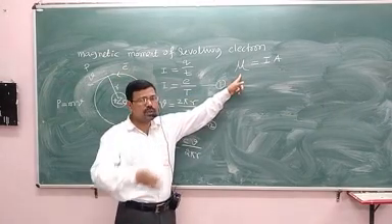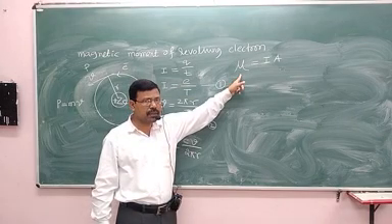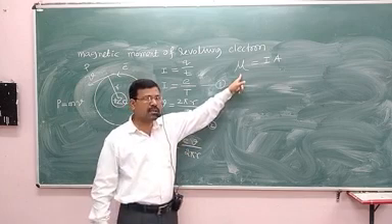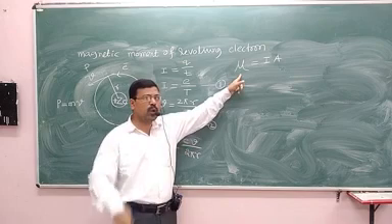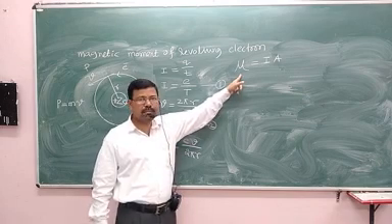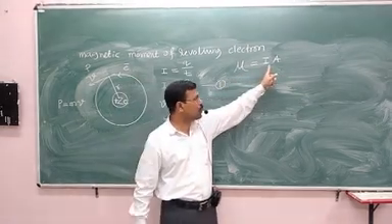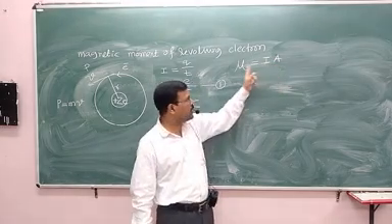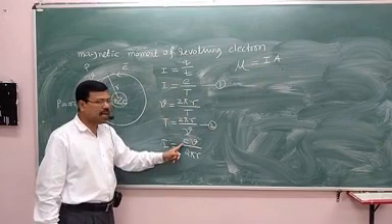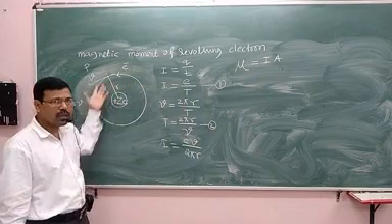But in the previous topic, we have taken the symbol of magnetic moment as M. M is not taken here because M is taken as the mass of the electron. So in order to avoid confusion, mu is taken as the symbol of the magnetic moment of the electron, and that is equal to the product of current and area. Magnetic moment depends on current, and current produced by the electron depends on the charge of the electron, speed of the electron, and distance travelled by the electron in a revolution.